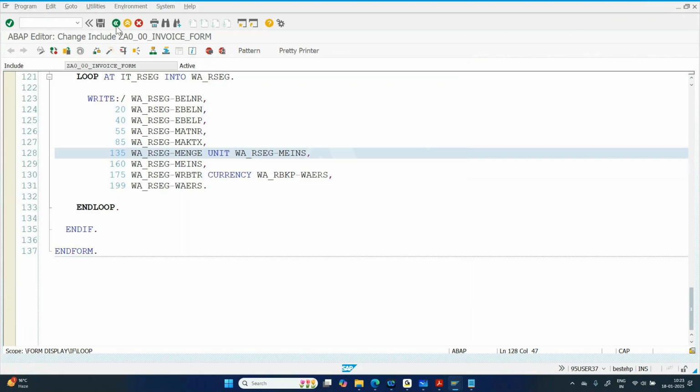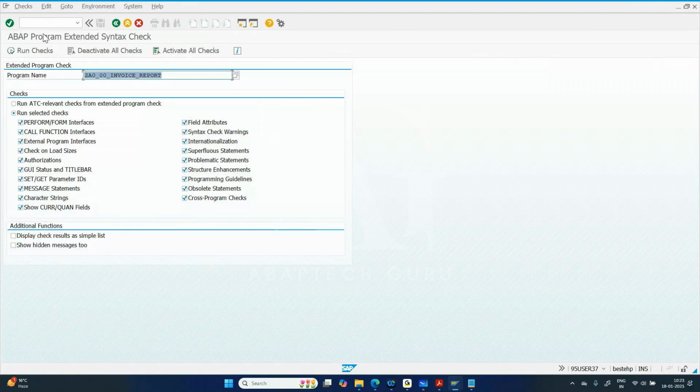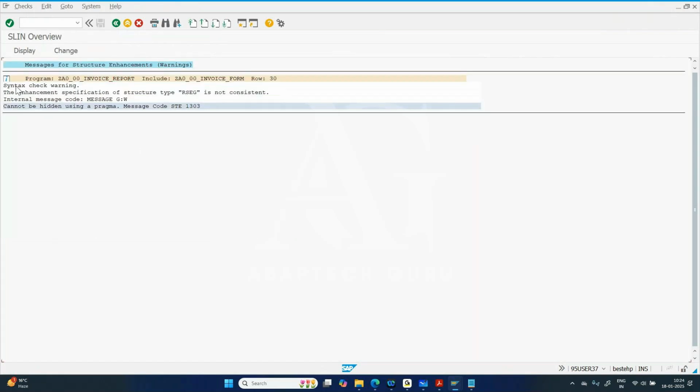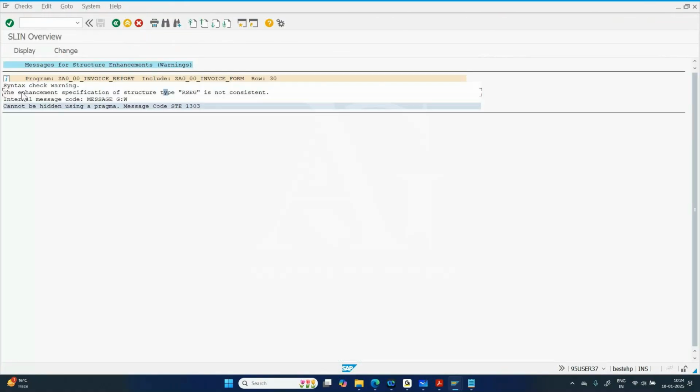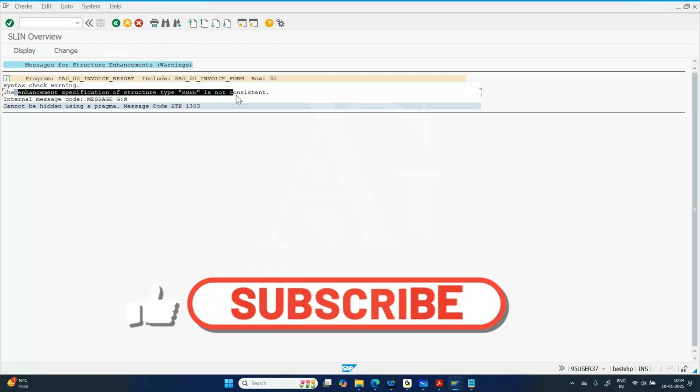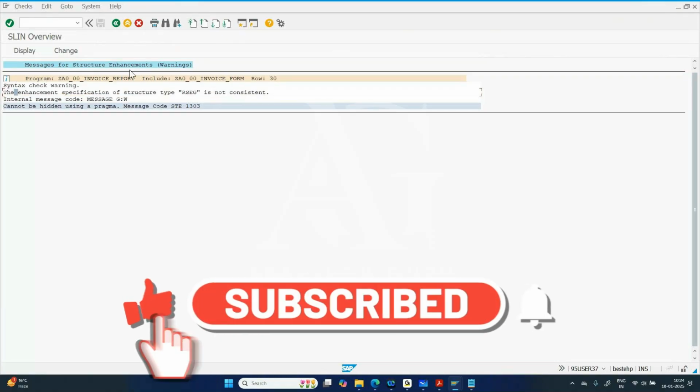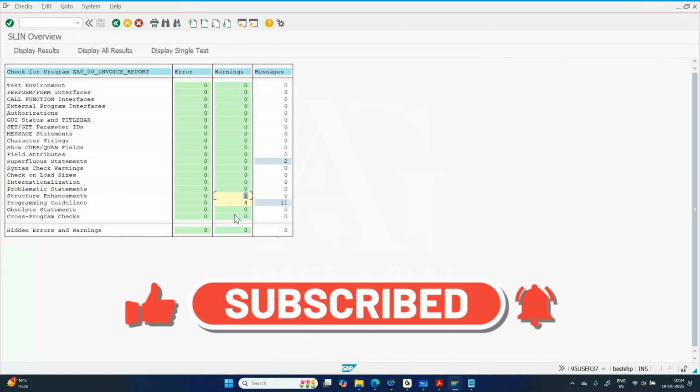Now you don't have any error. You must be having some warnings, 1 plus 4. If I double click on 1, syntax check, the enhancement modification type structure is not consistent. This is related to the standard table itself. You have nothing to do with this. It is saying that the enhancement specification for the structure type RSH is not consistent. That is related to some standard. You don't have any issue with your program. If I go with this 4,